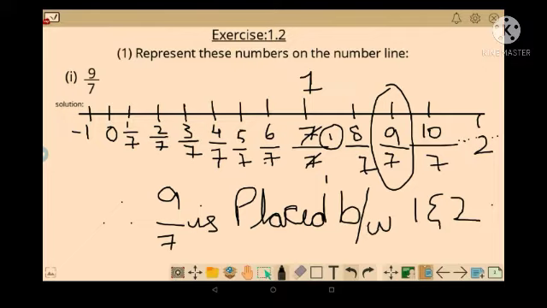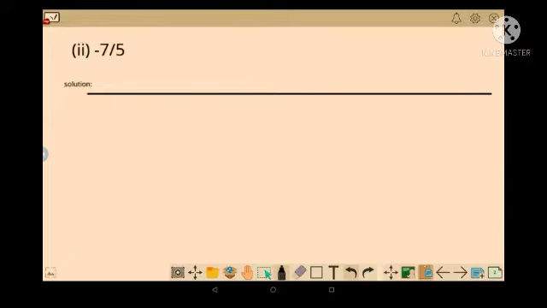Let's go to the next sum. So our next sum is minus 7 by 5. Now the 7 is the numerator, but here we need to observe that it is a negative number, right? Minus 7 by 5 is represented like this in the fraction way, right? That is also a fraction way, but we can represent it like this also, minus 7 by 5. So it is a negative number, right? So we need to write the 0 in this corner and 1 here. Okay, we don't need these numbers here, but we need to read the negative numbers now.